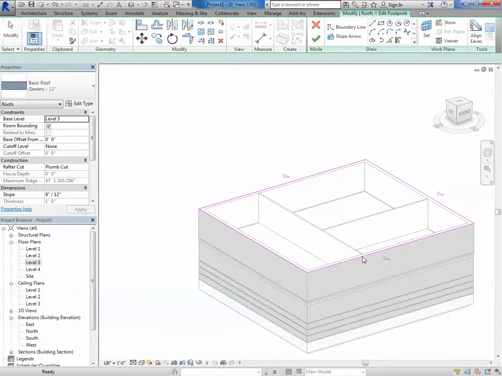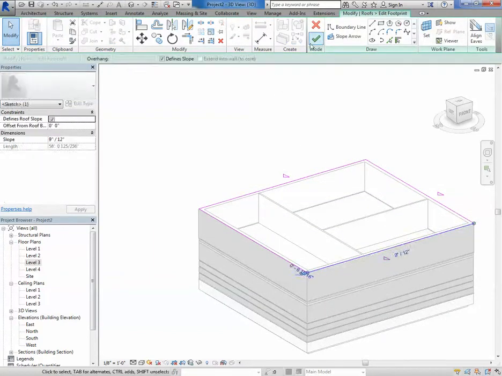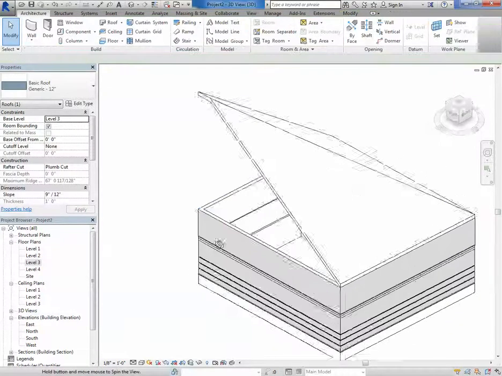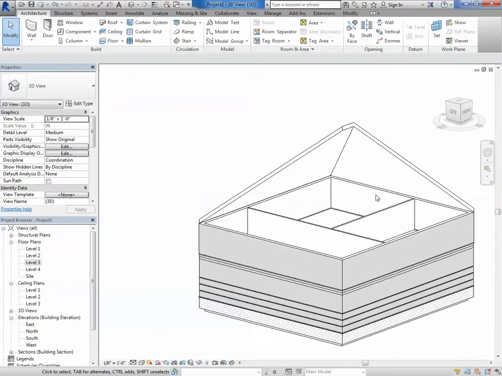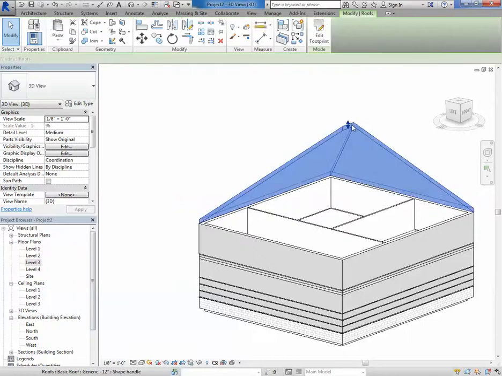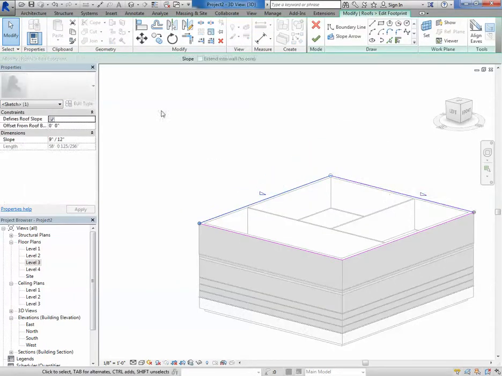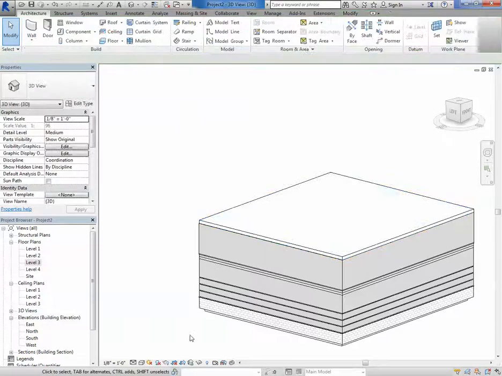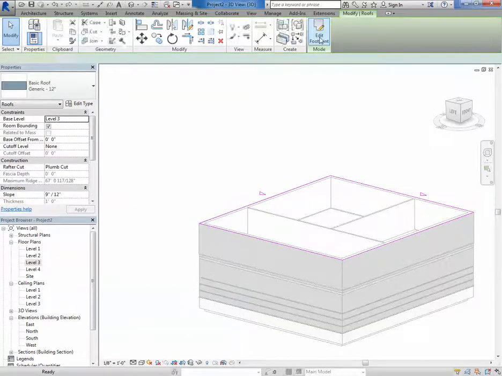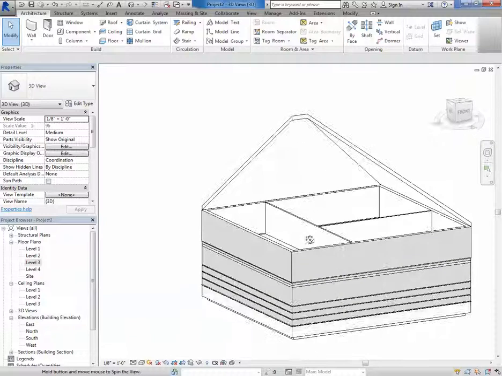Edit, select, define slope. Why not? If you want a flat roof, select, edit, control to select the other line. Okay, flat roof. I'm going to go back because I like the other roof. Say OK. So again, the same command is attached to bottom